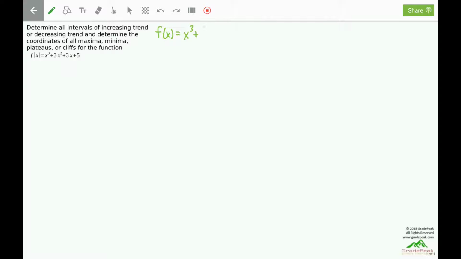f of x equals x cubed plus 3x squared plus 3x plus 5 is a polynomial, and a polynomial has a domain that is all real numbers, or negative infinity to positive infinity. The next thing to do is find all critical numbers. We will take the first derivative,